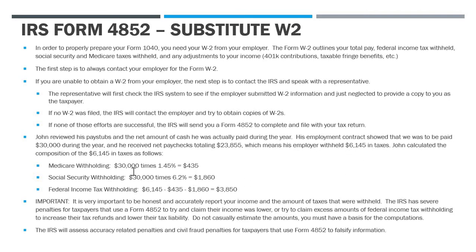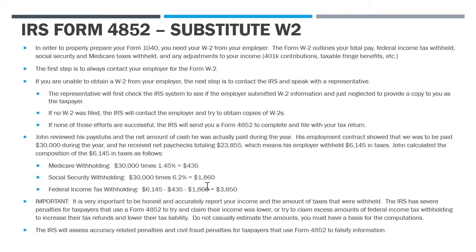Well, you can do, again, some simple math here. So the Medicare withholding tax, remember that employees are subject to a 1.45% Medicare tax on their wages, and this is deducted from your paycheck by your employer. So if John does $30,000 times 1.45%, that means he can expect $435 was coming out as Medicare withholding. The same computation for Social Security, right? So Social Security taxes withheld for employees is 6.2%. So if John does $30,000 times 6.2%, that's